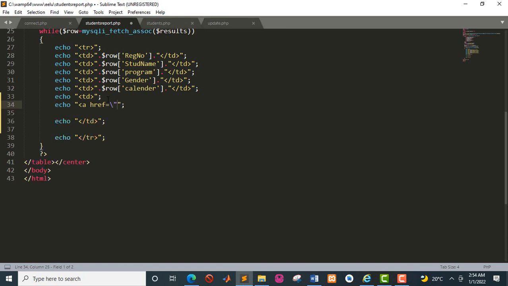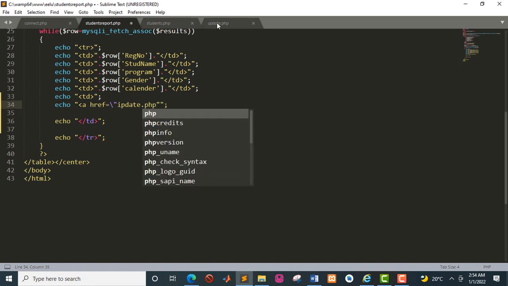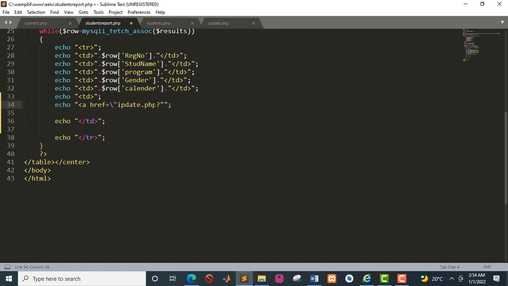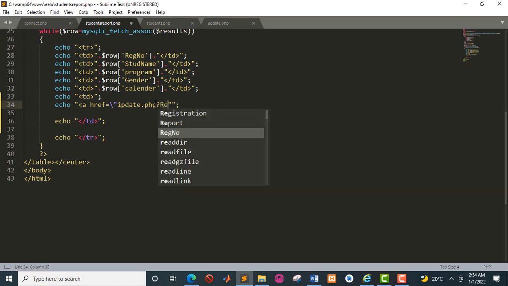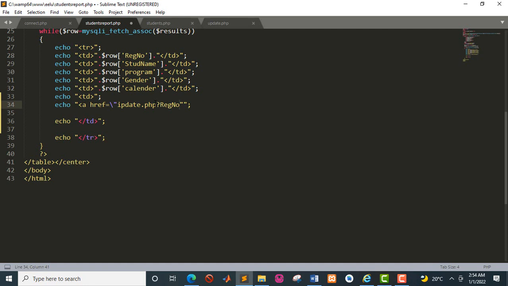So you open the double quote, then you say update.php, which is the name of our page where we have the update codes. Then you put the question mark, and here we are using the reg number to be able to do that. It is the one that we are passing to the next page. So equals to,